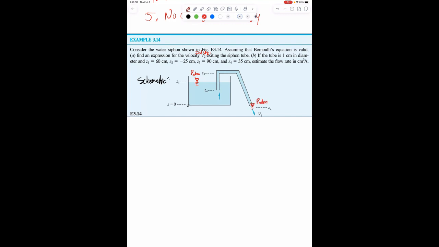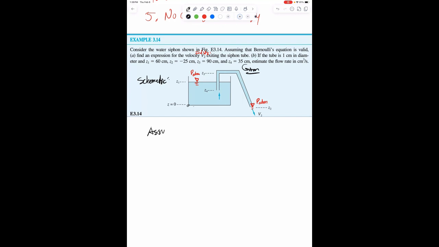So if possible, I want to work with locations 1 and 2. And just to note, we're setting the location at the bottom of this cup as 0. That's just our arbitrary datum. That's what it's called. Once again, I want to use points 1 and 2 if possible. Let me do that. So Bernoulli's equation, and I guess we're given this in part B, but we're going to